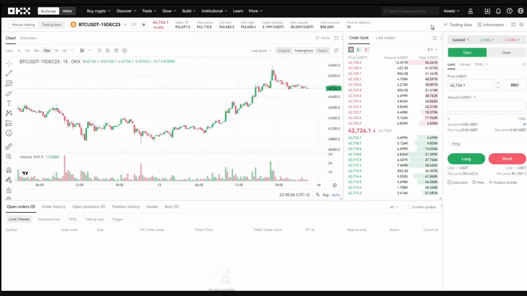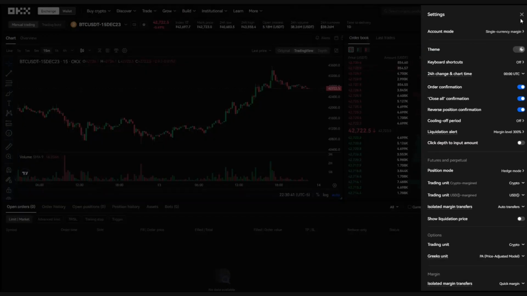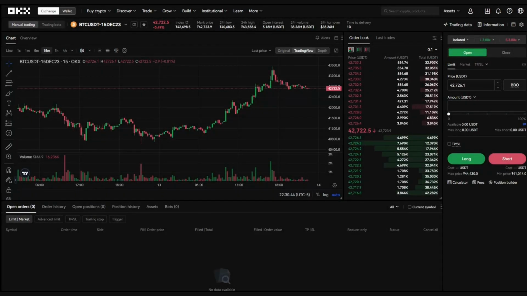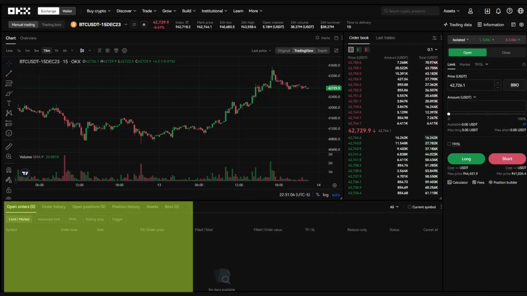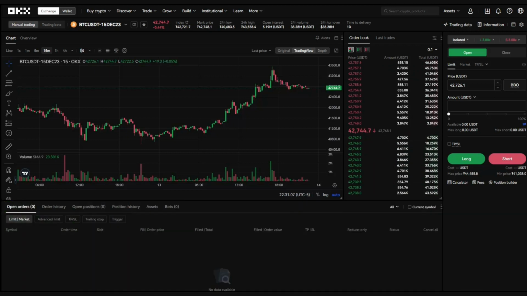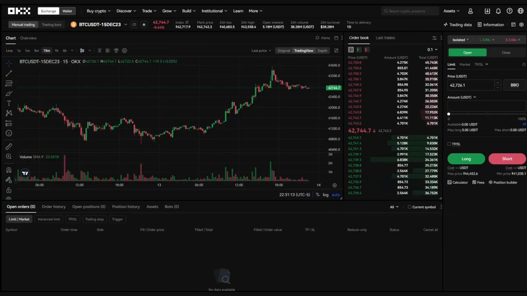Look, the page now looks more organized and with the chart larger. I recommend changing the theme from light to dark to avoid eye strain and so you can concentrate on the charts. Here in the order book, it shows at what price it is bought and at what price it is sold. And on the right side, you find the most important section where you configure the orders. At the top, you will find all the available contracts and information about prices. And at the bottom is the section where you can see the trading history and allows you to manage open positions.